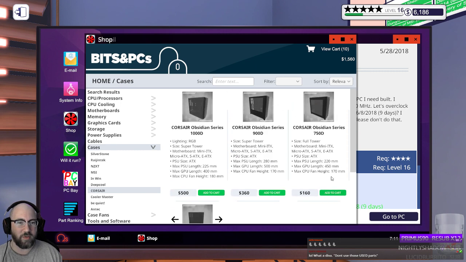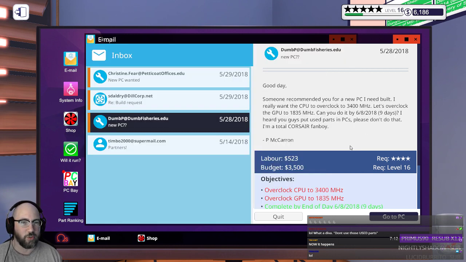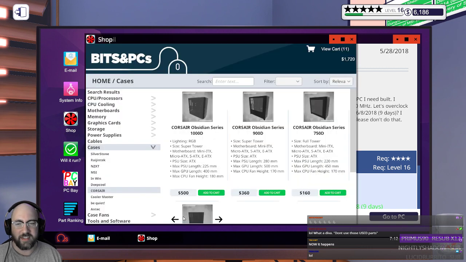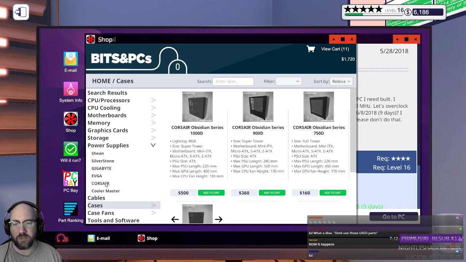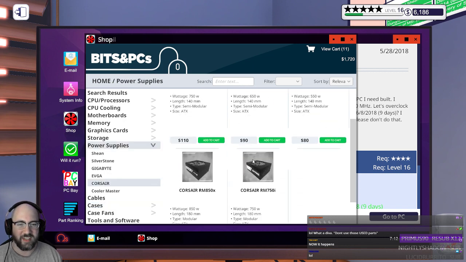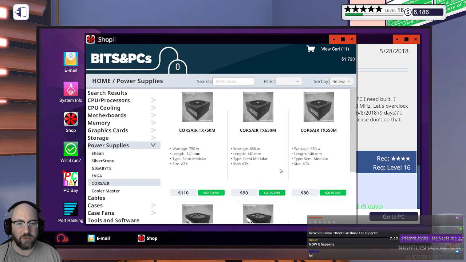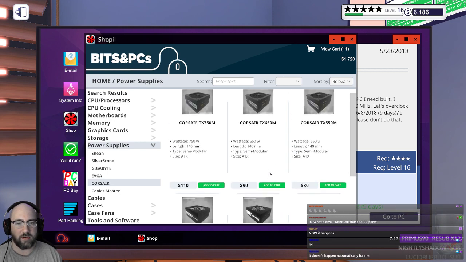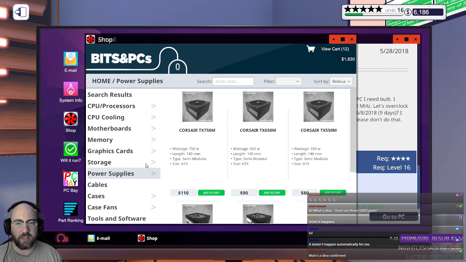Alright, so we're going to go with the Obsidian series case. Boink. Yeah, don't use those used parts. I know, right? So picky. Honestly, I would not want used parts in my computer either. Be like, get out of here with that crap. Alright, so we're going to go with a slightly more powerful power supply. We're going to go with a 750. Because if I'm overclocking...